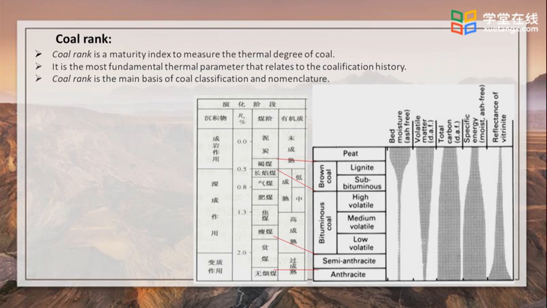Here we can see two standards, which are the Chinese and the American ones. The lowest coal rank in the Chinese standard is the brown coal, and in the American standard it is divided into lignite and subbituminous. The brown coal rank is immature here, and after that it will reach the mature window with high